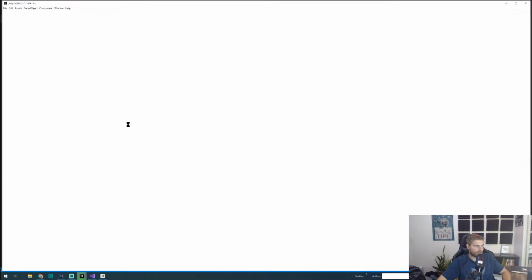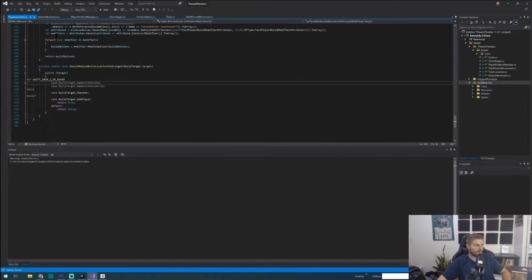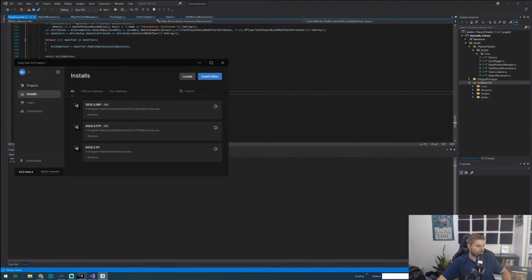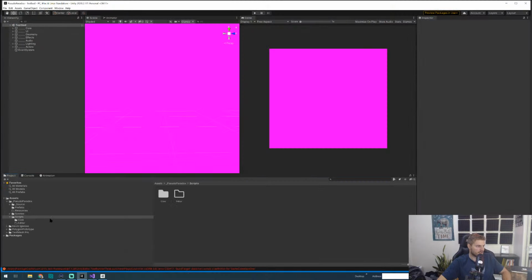Okay, new version installed, but before I switch, I gotta get this one working again. Build target does not include definition of a Visual Studio, blah blah blah. I wonder if we need to update Visual Studio. Before we do that, let's see if the